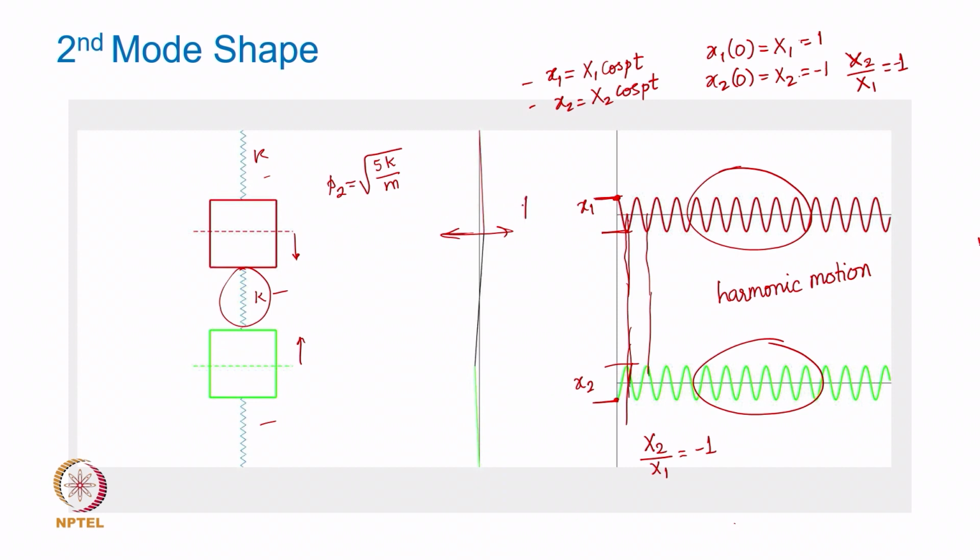Of course, I am assuming here, for the sake of illustration, that this x1 is positive. Obviously, in the actual case it is going to be like this. Anyway, the point here is this mode shape or this initial displacement, capital X1 and capital X2,